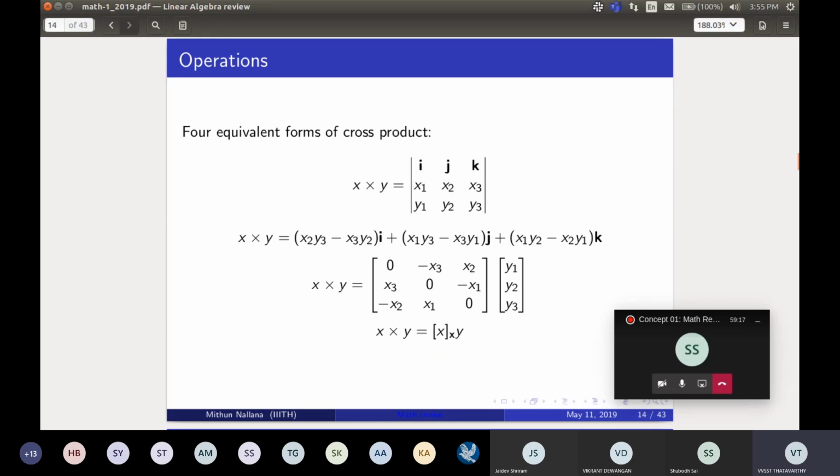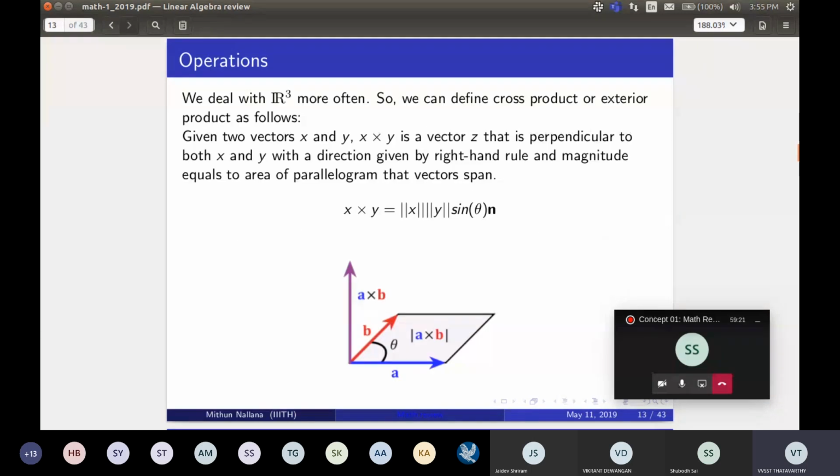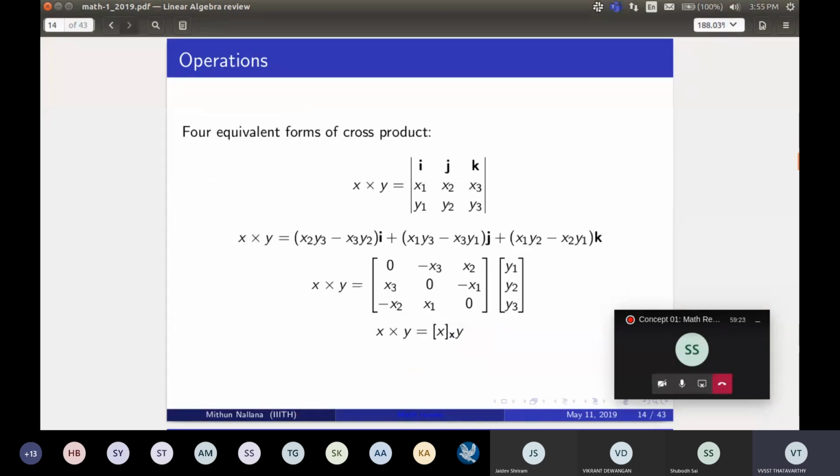Now, how do you find the cross product of that? In a three-dimensional space, X will have three components, X1, X2, and X3 along the XYZ axis, and this is how you will find in general the cross product of two vectors. Now, if you see this output vector, x2 y3 minus x3 y2 and so on, how do we represent this as a matrix?